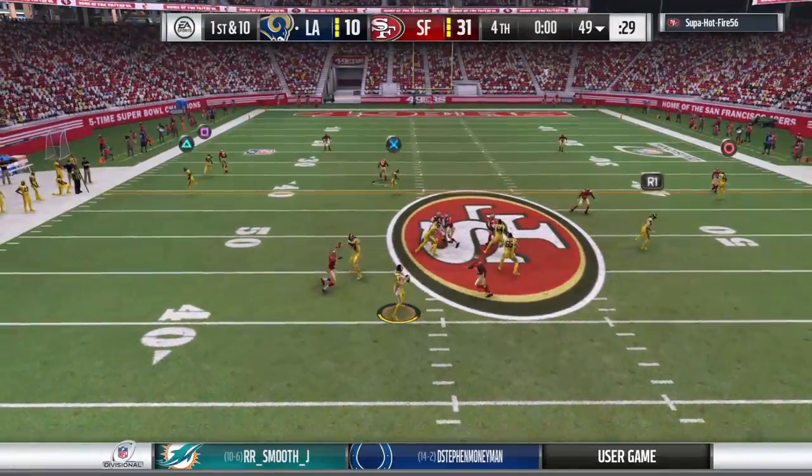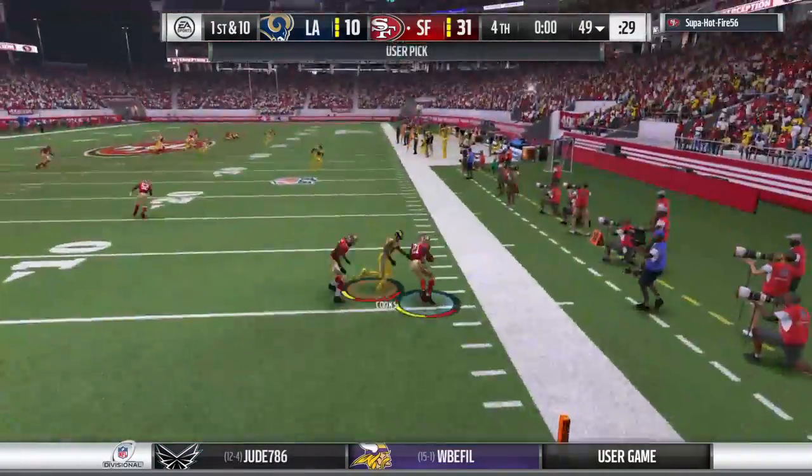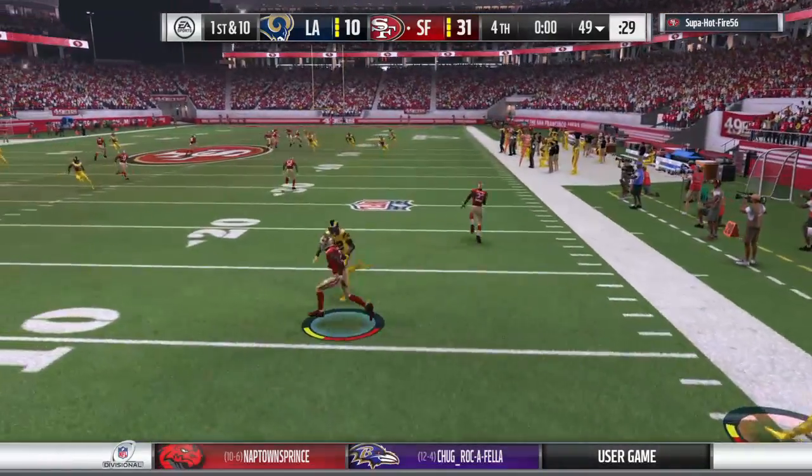One final shot. They'll look to throw. He's going to let it fly. Looking for Cooks, and it's intercepted. A great read, and it's picked